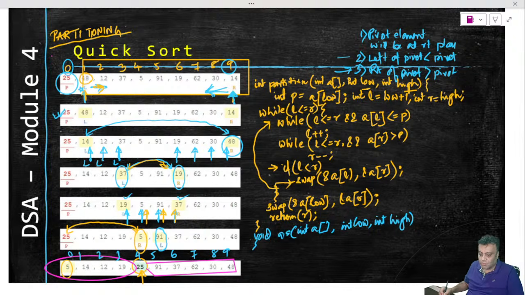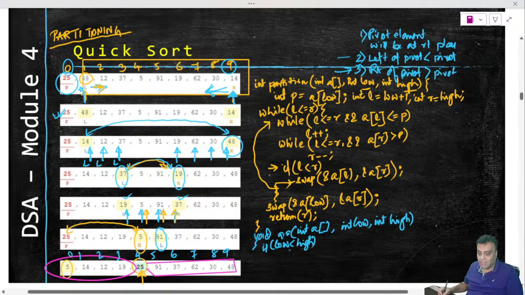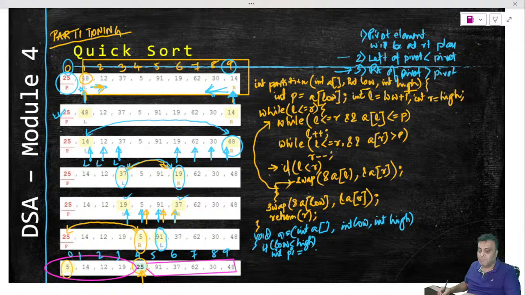So this quicksort, what it will do is it will say that till the time my low is less than high, right? So every time you will have to check your low is less than high. So till the time my low is less than high, what I will do is I will take my pivot index as whatever this partition function is returning me. So I will call partition and say, please give me the partition of A with low and high that I give you. Please give me the partition position, which I will keep inside PI.